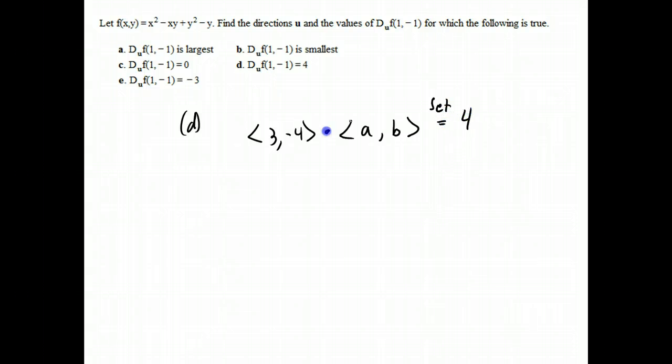And then for D, 3, -4 dotted with A, B, now is set equal to 4. And A squared plus B squared needs to be 1. This is more complicated to solve because the dot product isn't 0 here. Substitution is much more difficult. Okay, so let's solve that. And then letter E is the same, but now set equal to